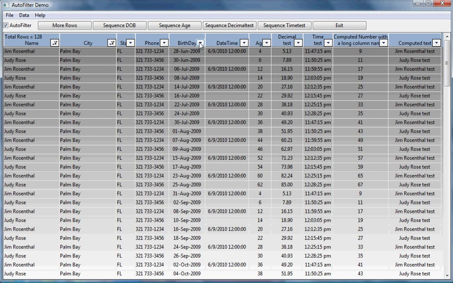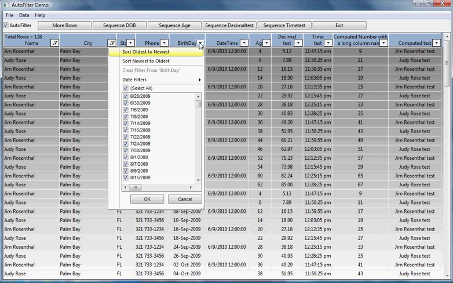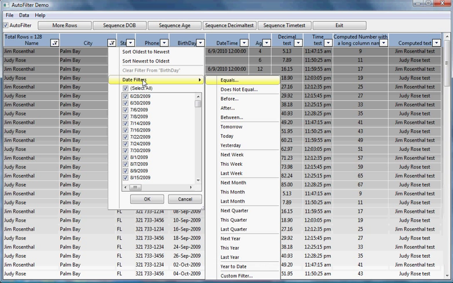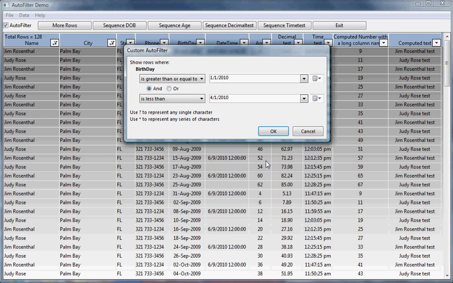Again, you can see that the sort, instead of saying A to Z, is now saying oldest to newest. We have date filters, which are predefined options, filtering by day, by week, by month, quarter, or year, and also a custom filter. The custom filter, again, allows multiple parameters. As you can see, there's a variety of parameters that can be chosen, and in addition to that, the drop-downs